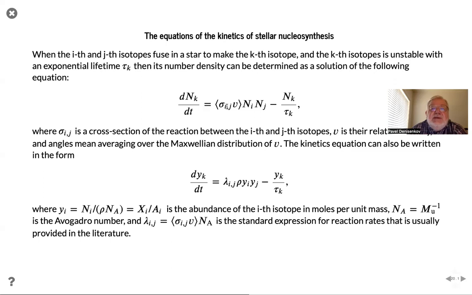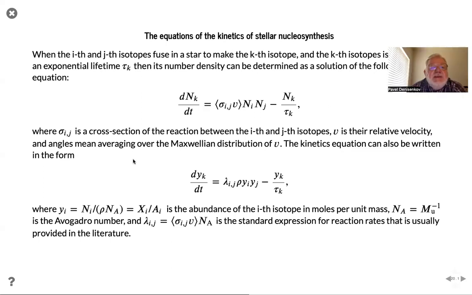So in this equation on the right hand side, sigma sub i,j is the cross section of the reaction between the i and j isotopes. v is the relative velocity, and the angle brackets here mean averaging over the Maxwellian distribution of the relative velocity v. Okay,